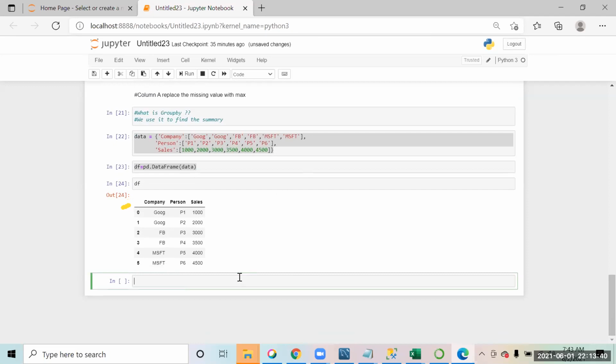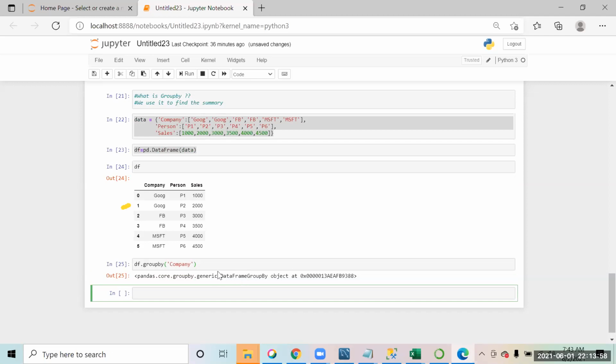Okay. Now we have a group by command itself available in pandas. If I say df dot groupby, so there's a group by command. Suppose I want to group this data by company. This is going to create a data frame which will be grouped by the company. Right now it is not saved, it is just showing you as an object, but you can save it into a new variable. So suppose I say by company,